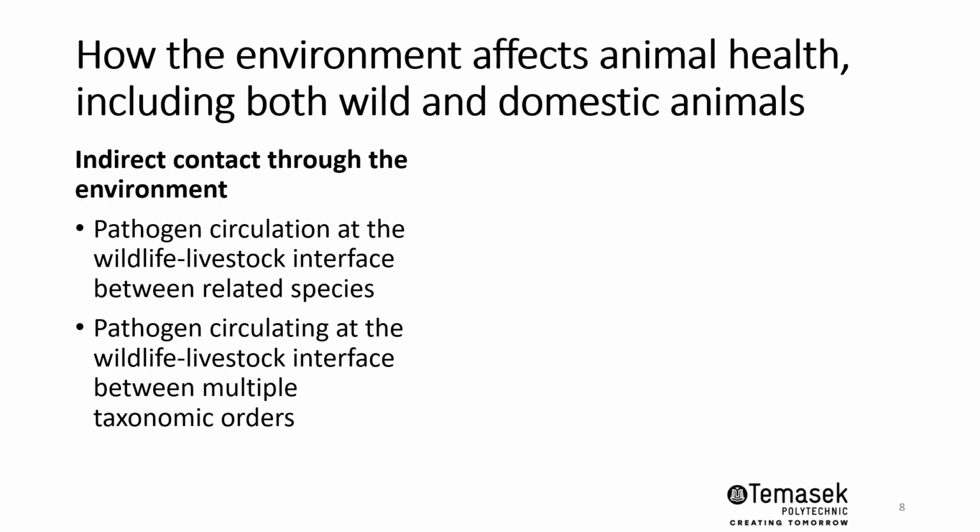The World Organisation for Animal Health, WOAH, mentioned this in its report, where indirect contact through the environment usually involves an intermediary vehicle or vector carrying the pathogen itself. So this could be a water body, or vegetation that can harbor the pathogens, leading to the spread of the